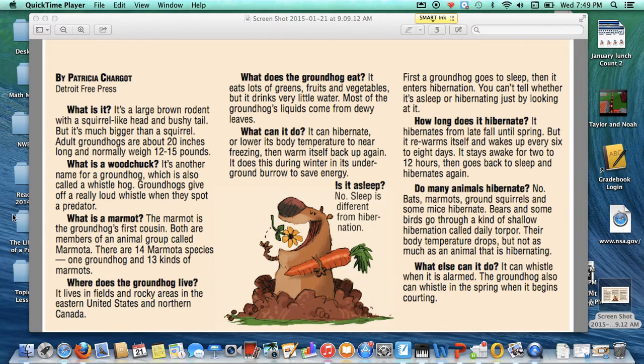All right, I read through all of this, and right away I learned a lot about the groundhog, a lot of interesting facts. And remember, facts are statements that are true, that they can be proven. And so I can prove it, this is an article from a newspaper. So this is something that I could read and I could prove it right there. So a lot of these are facts. If it was an opinion, it would say, we might read that the groundhog is the best marmot out there. So we are going to